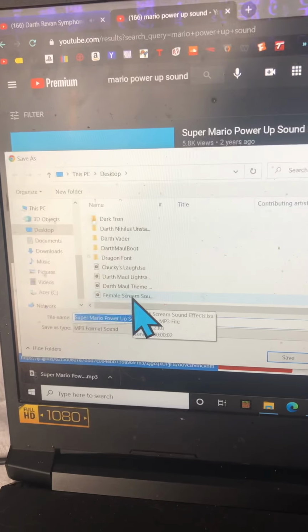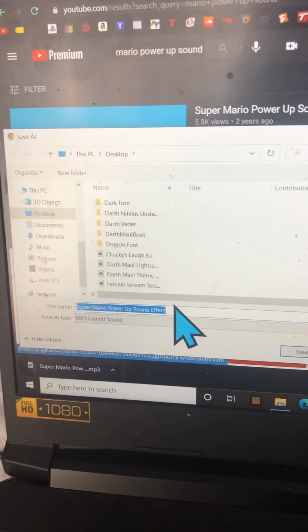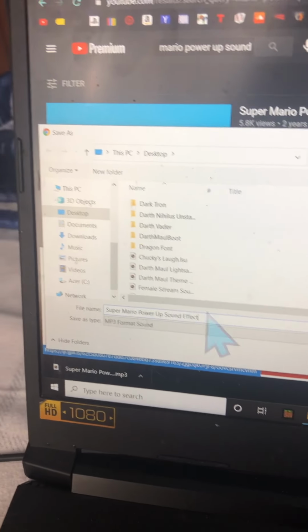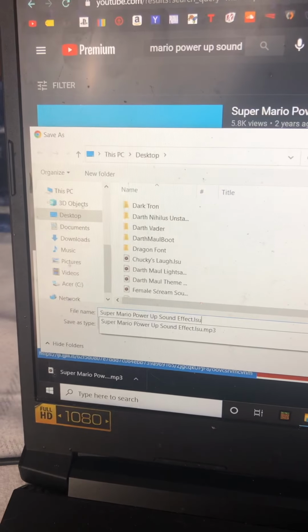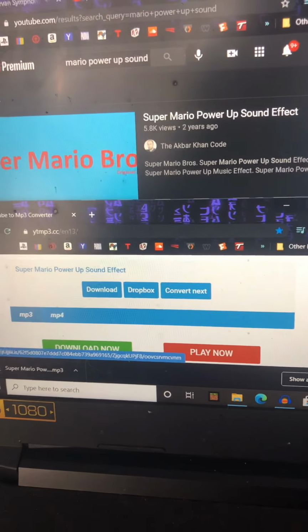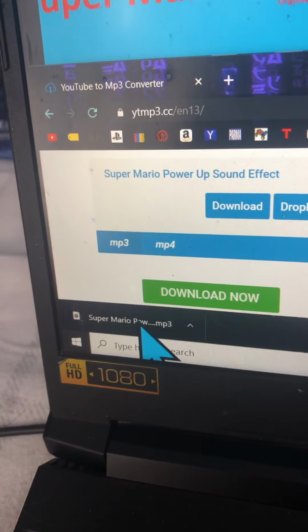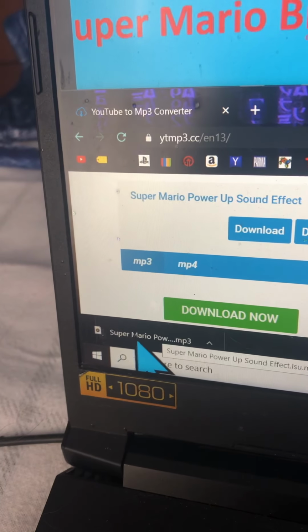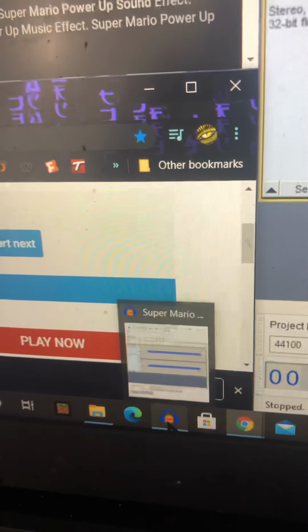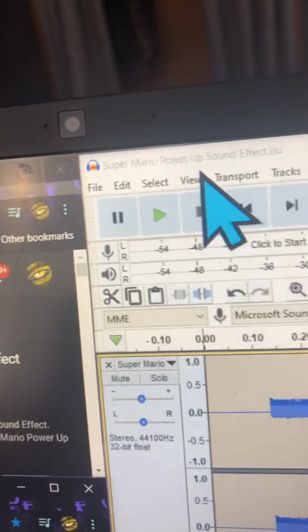And I already downloaded it, but you want to download it as an LSU file. So wherever, to desktop, to a file, folder, whatever. Download that. I already did that to make it easier. Once you're done downloading it, wherever you have your computer, it's going to show up as a download right here as MP3. Then you want to open up Audacity, Audacity right here. You want to open up Audacity, and it says right up here what file you just downloaded